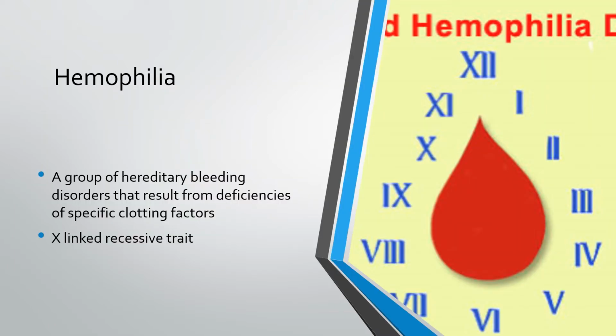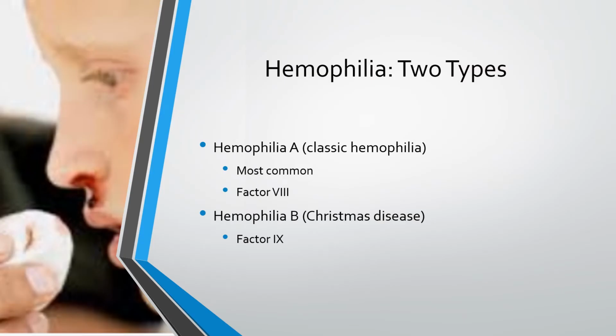So when we think about hemophilia, historically, this is a prognosis that a lot of kids that got this died before the age of 5. Now, mild to moderate hemophilia patients can live very normal lives. It's a group of hereditary bleeding disorders, of deficiencies of specific clotting factors, and it is usually an X-linked recessive trait. So there are two types of